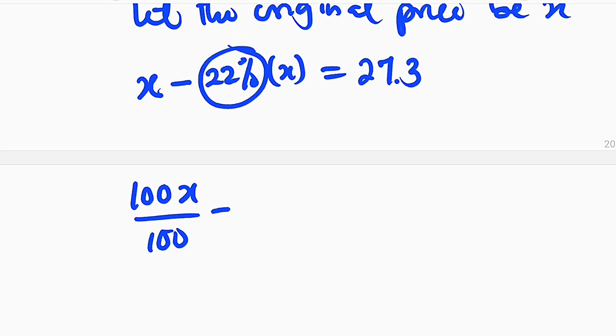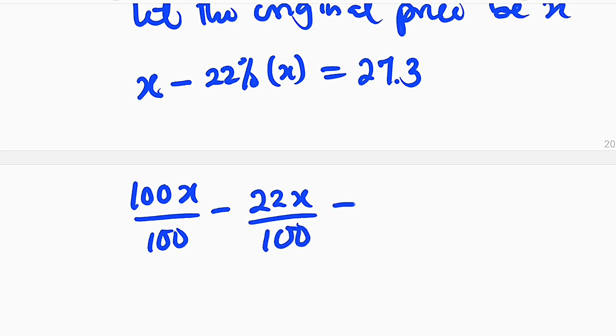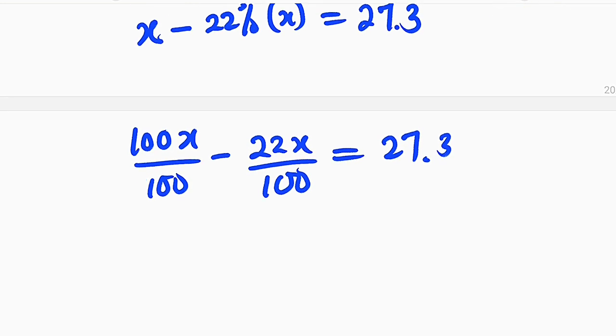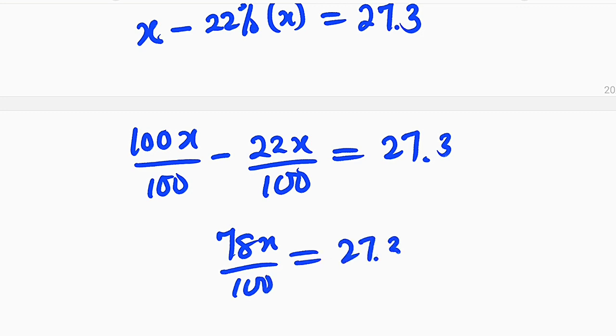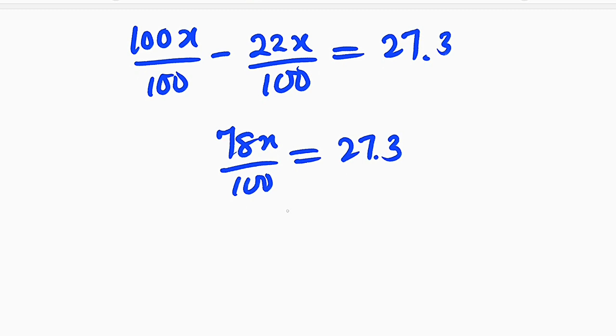Minus 22% of X is the same thing as 22 times X divided by 100. And the whole of this is what? 27.3. Our main goal is to find the value of X. To the top, you can see that 100 minus 22 is equal to 78. So we have 78X divided by 100. And this is equal to 27.3. If you multiply both sides by 100, you have 78X to be equal to